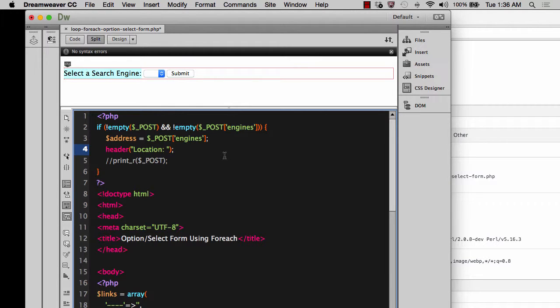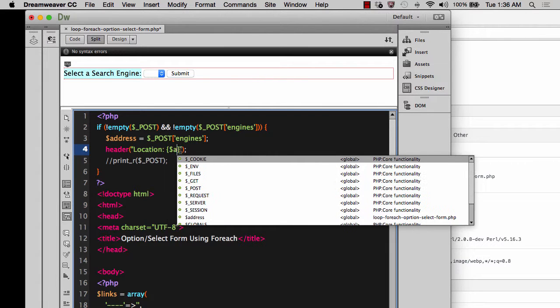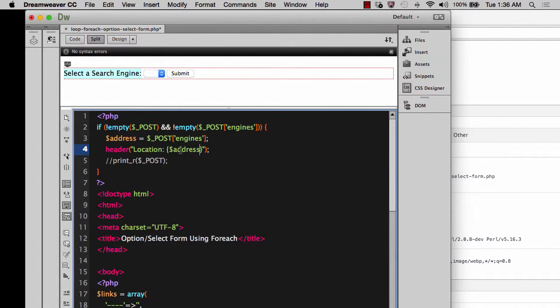Like you could put an absolute path of some sort, or you could also put a relative pathway, like .. or something like that. I'm not going to do that. I want to use my engine's redirection where it takes me to http://google.com or something. And because I am in double quotes, as best practice I need to use curly braces around my address variable. Okay, and so what it's going to do is tell it, hey, header redirect to address,